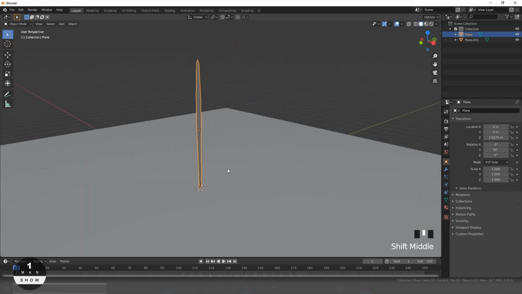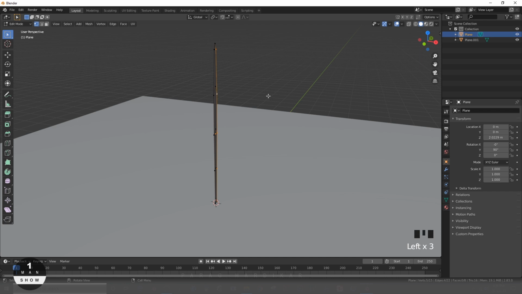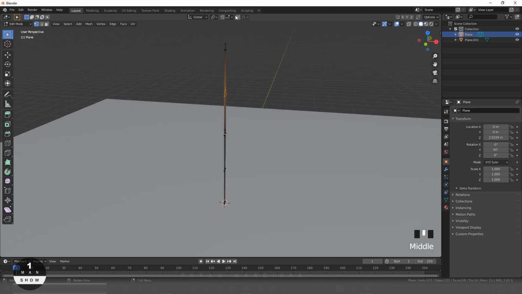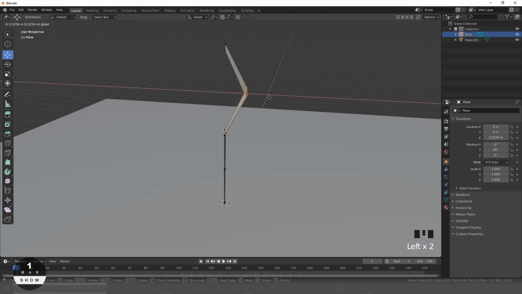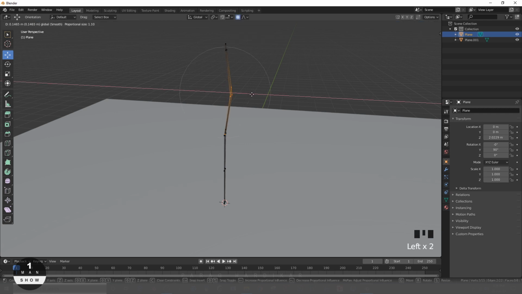Let's modify its shape because we don't want our grass that straight. I'm going to use proportional editing for that. Let me show you. Turn on proportional editing from here. Then after you select those vertices, you can see that gray circle around. By moving your scroll wheel on mouse, you can change its size.